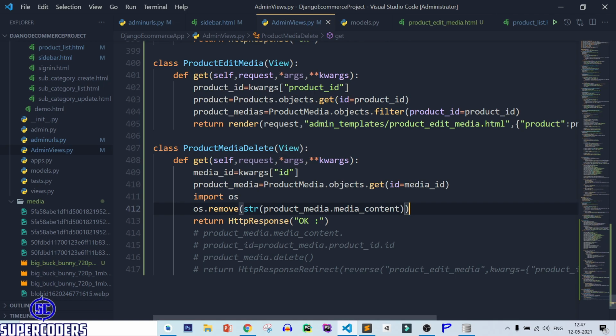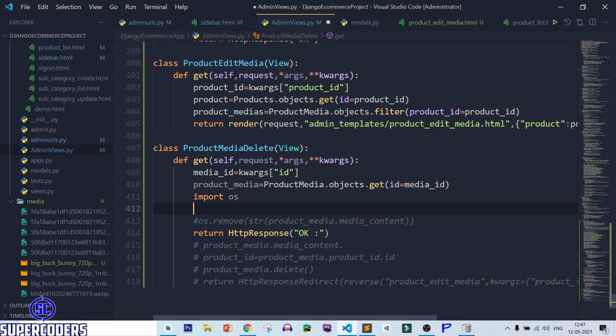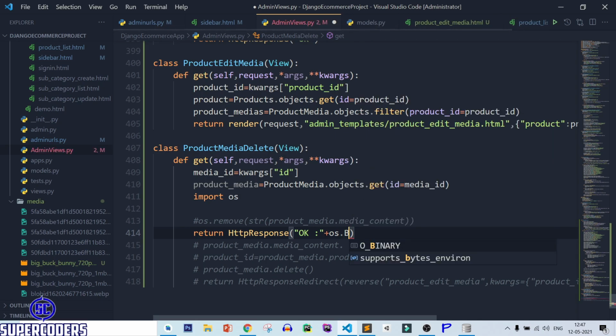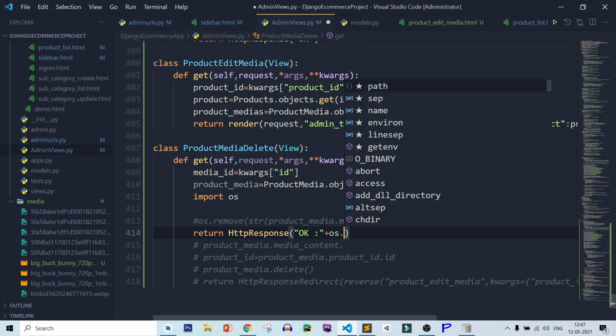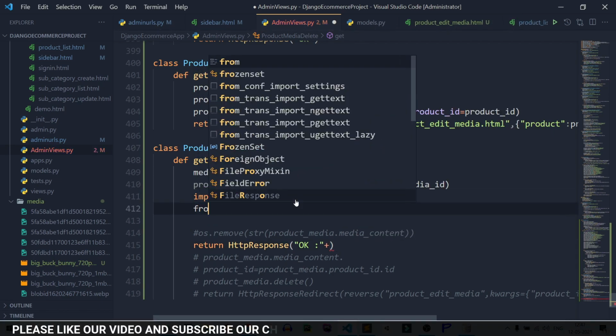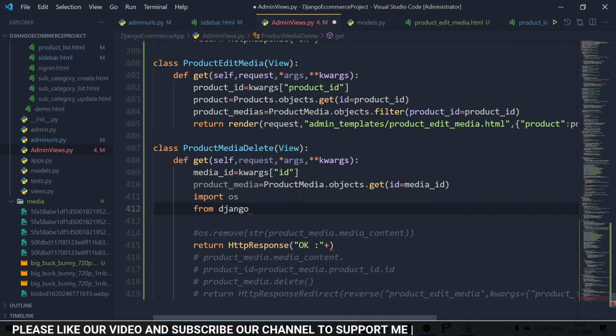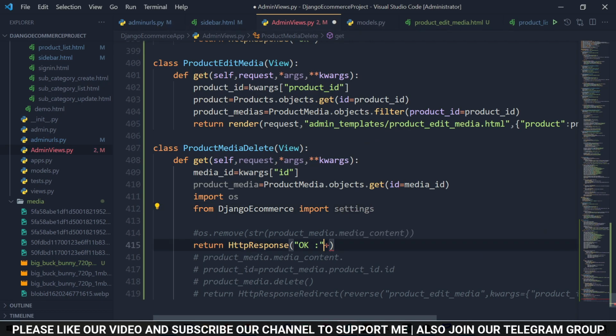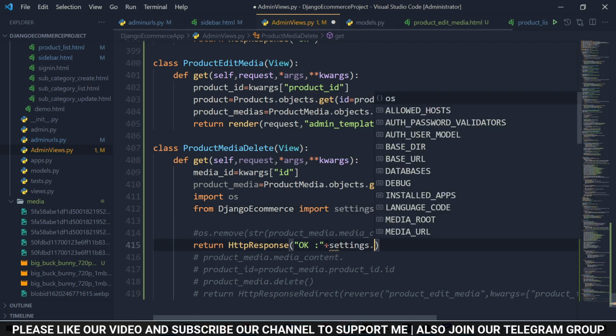Let's try to access base directory location. So os dot path, or settings. So from Django e-commerce import settings. So settings dot media root.